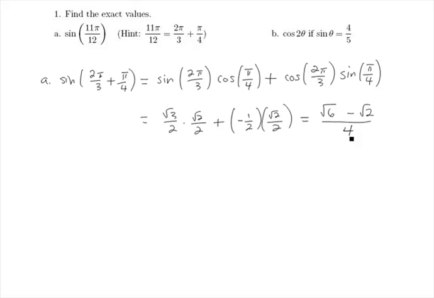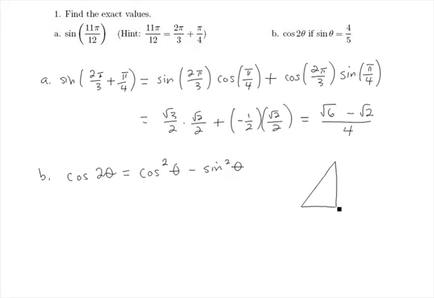In part B, we want to use a double angle formula to find the cosine of 2 theta. One way to define cosine of 2 theta is cosine squared of theta minus sine squared of theta. So if we know what the sine of theta is, or the cosine of theta, we know how to find the cosine of 2 theta. We're given sine of theta is 4/5, which means that if we want to find the cosine